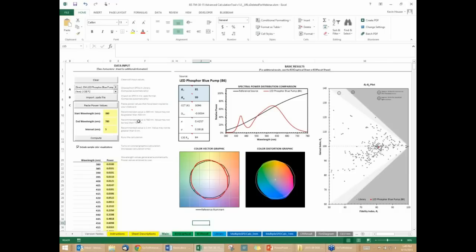When you open this, I should say, macros need to be enabled. Macros are already enabled, so that window did not pop up on my screen when I opened this. What we have here is a drop-down menu, and the spreadsheet includes a library of a little over 300 different